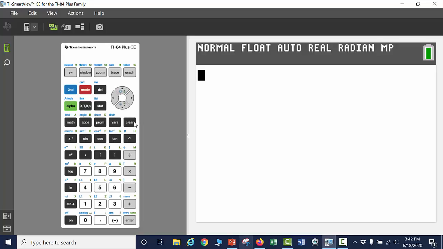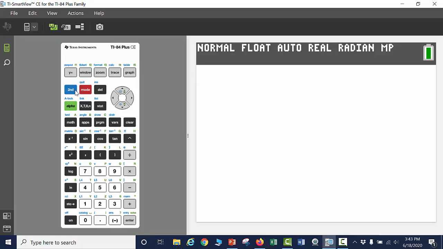Now let's take a look at how we would use our calculator to find the determinant. And really, you're going to want to use your calculator most of the time, especially whenever you have a big matrix, maybe a 4 by 4, 6 by 6, something like that. But we need to know this technique, how one finds the determinant, because in certain types of problems where we use this method, the calculator is not going to be available to us. So anyway,